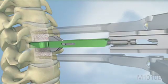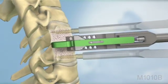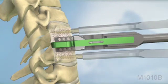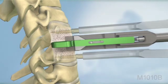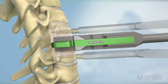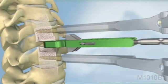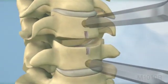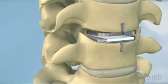The chisel technique utilizes two chisels to create the keel channels. First, the primary chisel is inserted over the trial and advanced into the vertebral bodies. The step is repeated with a secondary chisel to remove any remaining bits of bone from the keel channels. Both the milling and chiseling instruments are designed to ensure that the final placement of the implant precisely matches the